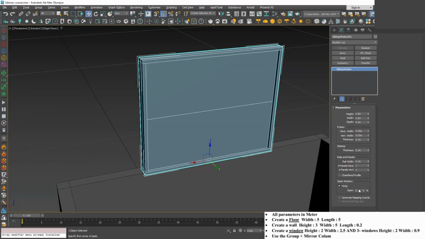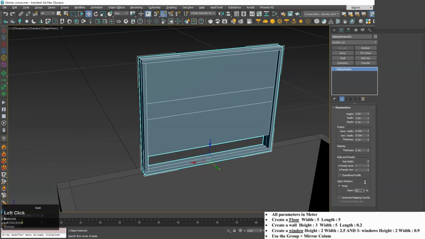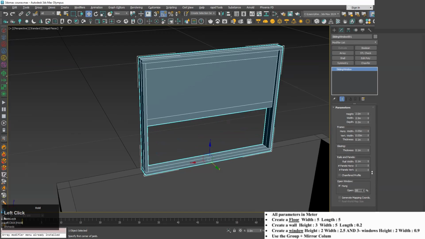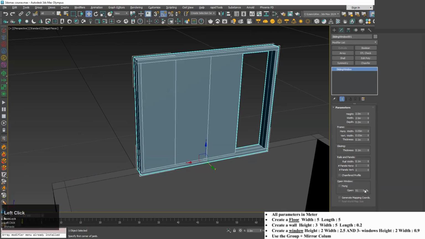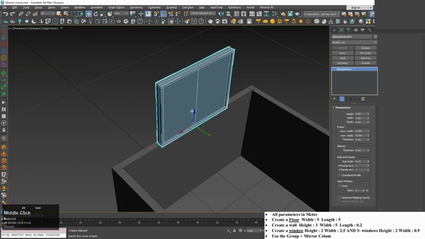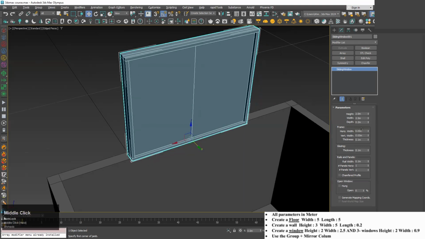So right now, if I see another parameter, we have that hung parameter that says open window, and the hung parameter is turned on. So if I just open my window, you can see that the window is opening to some hung style, which is kind of pushing from bottom to up. But I want a sliding window to move from left to right or right to left. So if I just turn off this hung parameter, now you can see we can create that sliding effect that goes from left to right or right to left. All right, so that's our window,